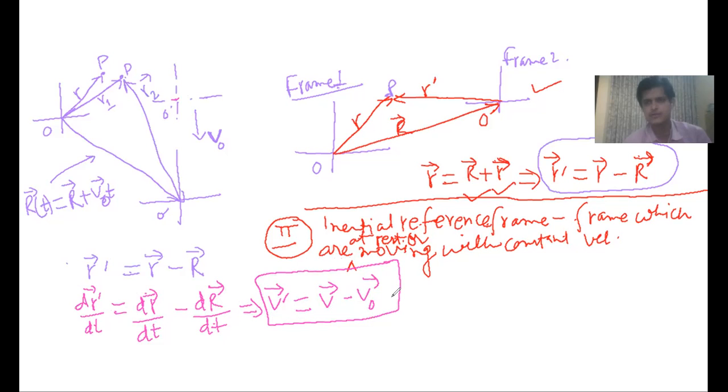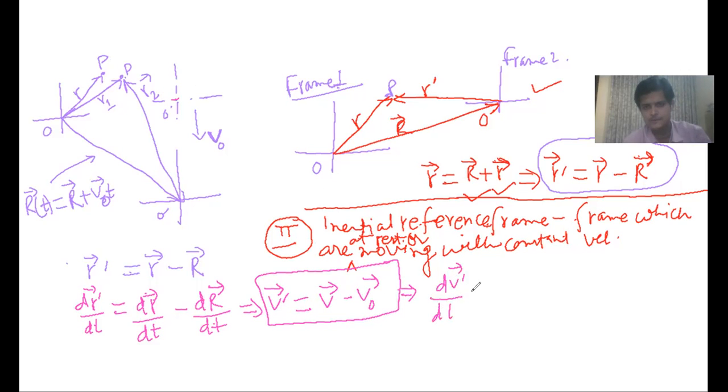Suppose we also need to find acceleration. So I can write as, I have made here that all the velocities are constant. Either this is changing position or this is changing position. All the velocities are constant. So what can I write? I can write as